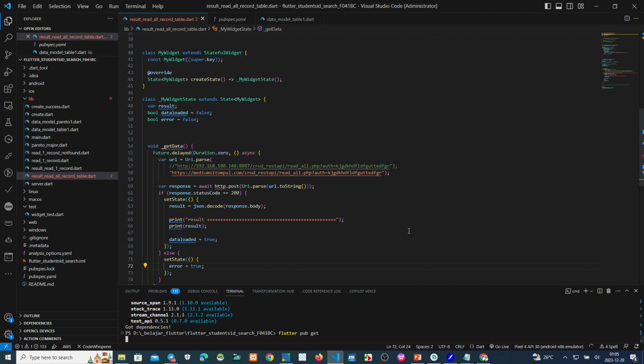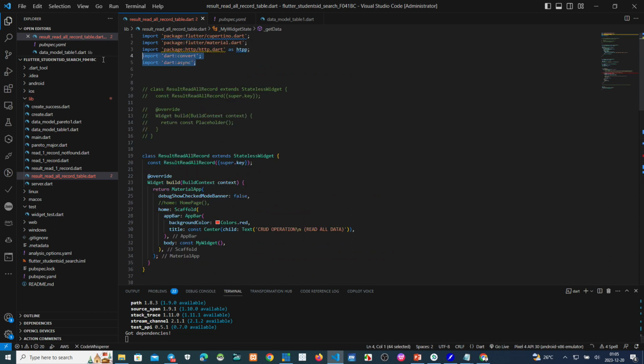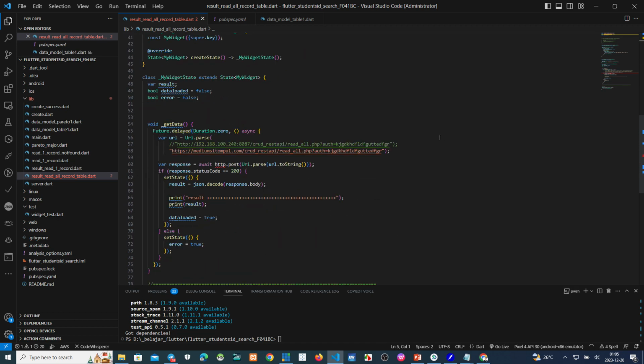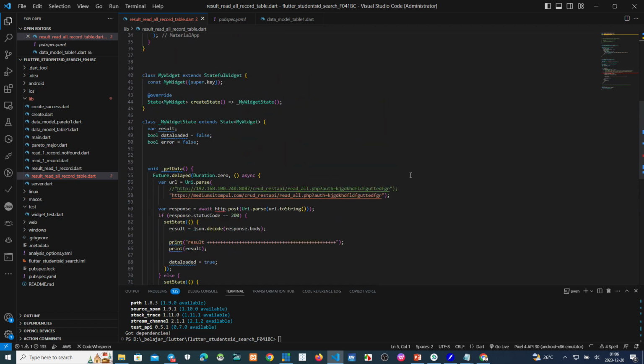Convert. Why is this still red here? Undefined HTTP.